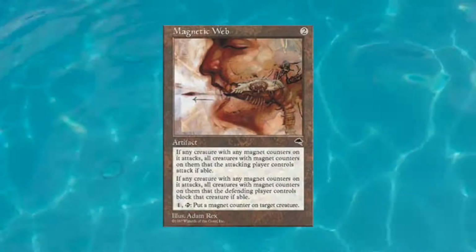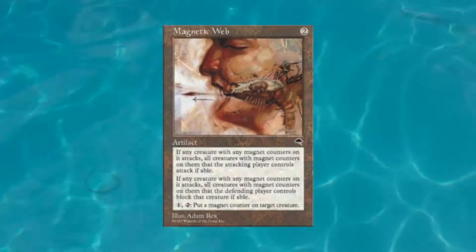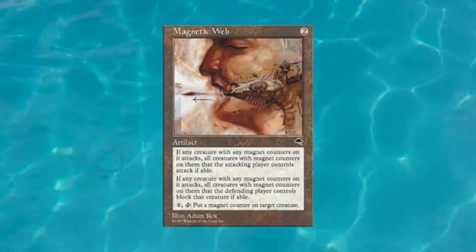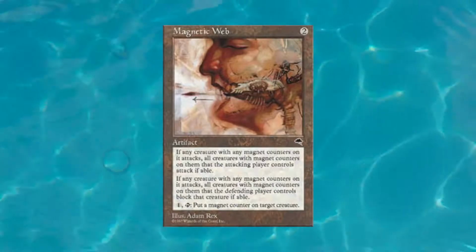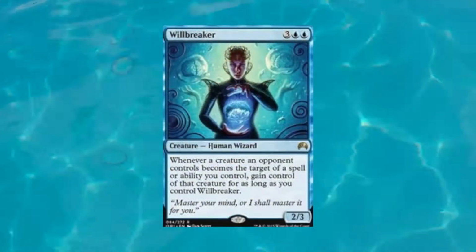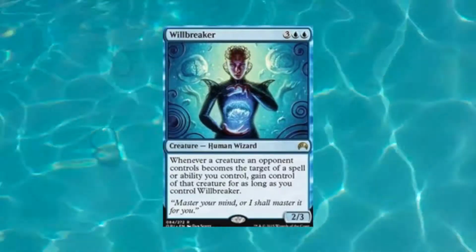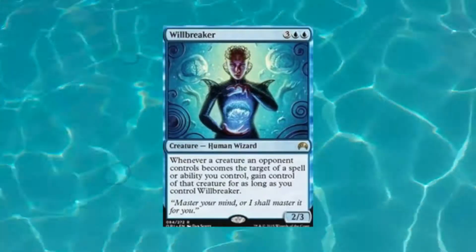This is a wall of text. And for anyone who's out there trying to get their head around this still, definitely look up the Oracle text on this. But I would love to see this card in a Target Matters deck. Willbreaker is a phenomenal blue card that can just be so oppressive. And for 1 mana, being able to just, hey, tap this, target a creature, and gain control of it is